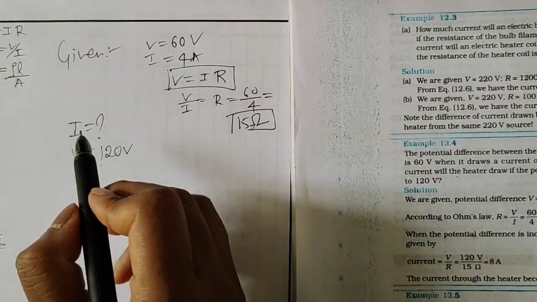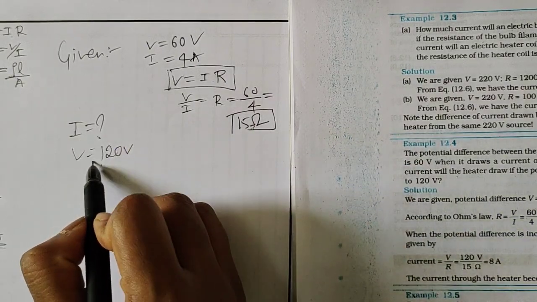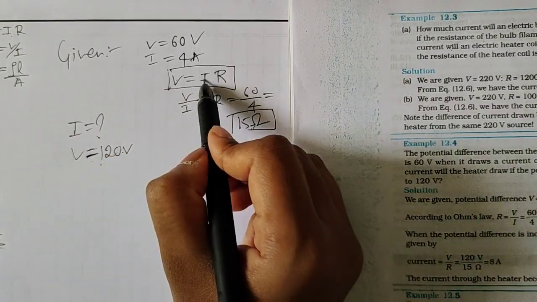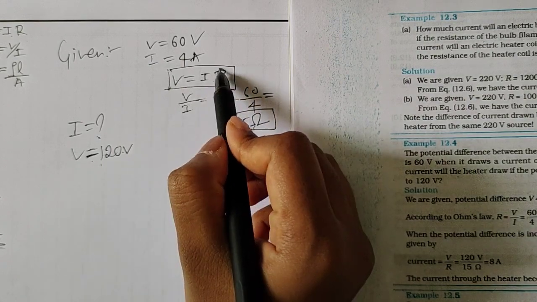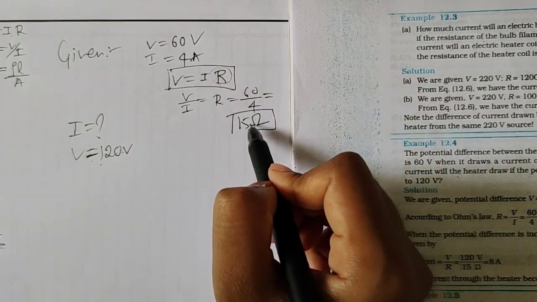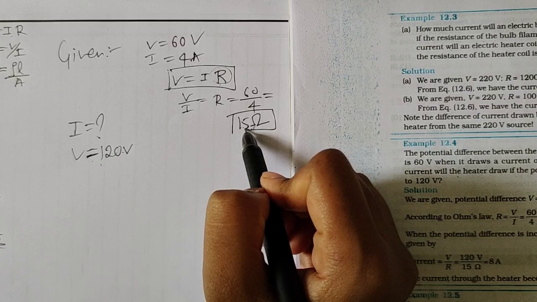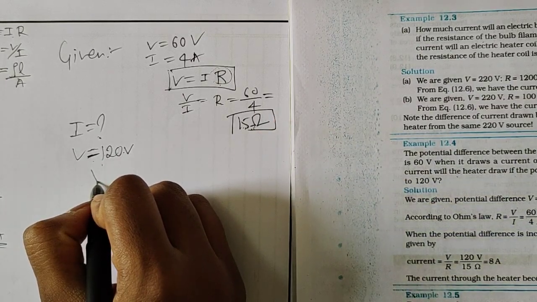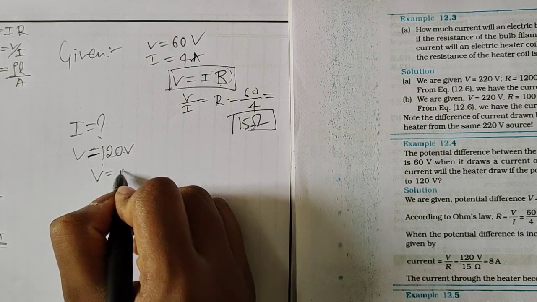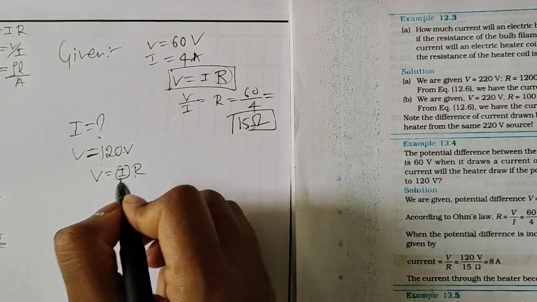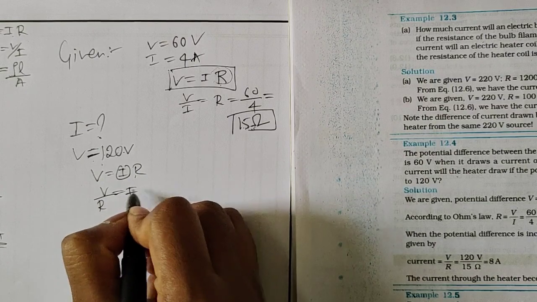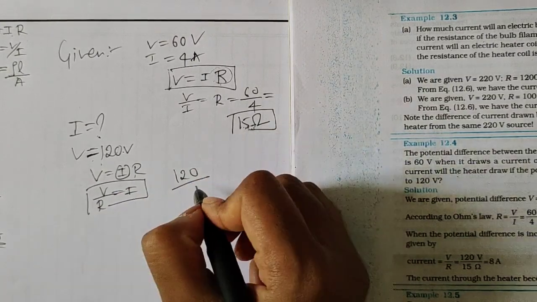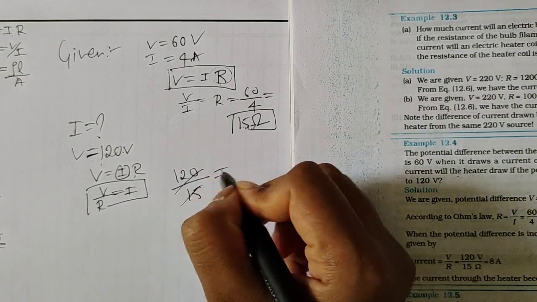Now look here. We need to find out current. All they are given is only voltage, that is potential difference 120. To find I, we know V, but we should have R. That is why we found R. So we need to use this 15 ohm now. V is equal to IR is the Ohm's law equation. We need to find out I. That means V by R is equal to I. So this is the formula. What is V? 120. And what is R? Here we have that, that is 15. Now calculate and see, 8.